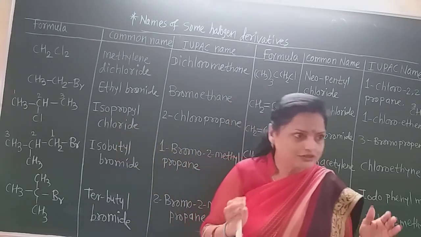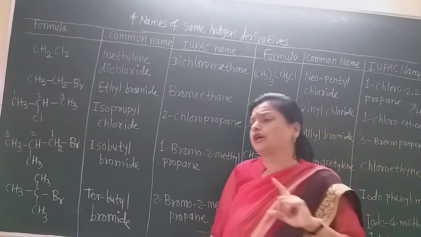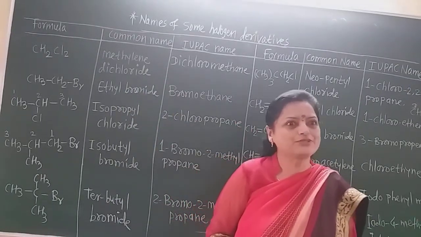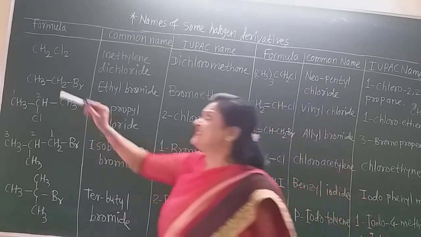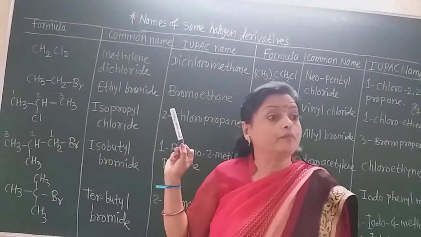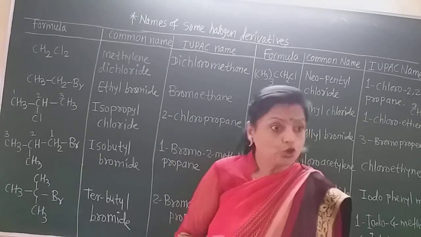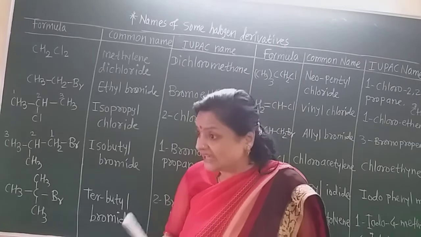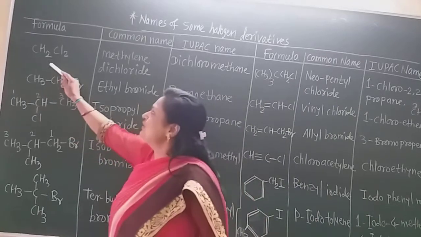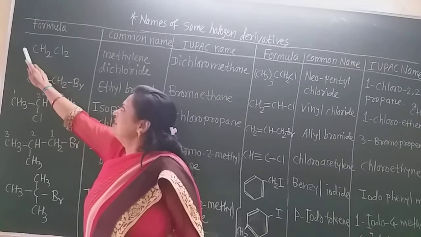Can you understand how the alkyl groups are formed? Alkyl groups are formed by replacing only one hydrogen from the alkane. But here 2 hydrogens are replaced in this first example, and so this CH2 is not the methyl group. The name of such a group in which 2 hydrogen atoms are replaced from the alkane is the alkylene group.